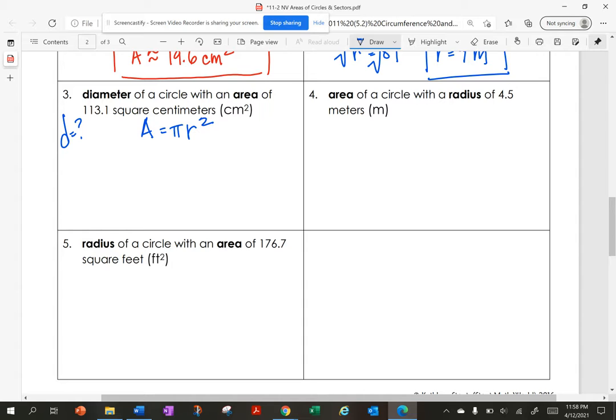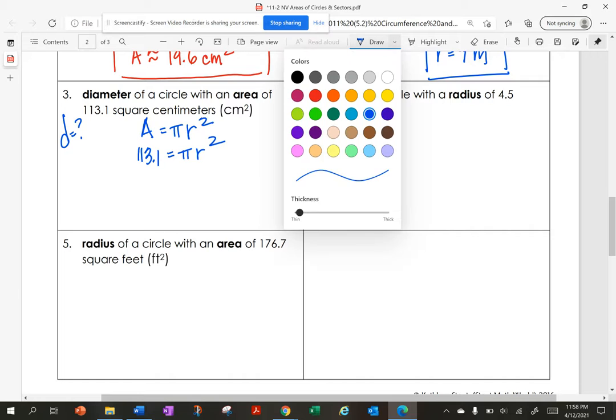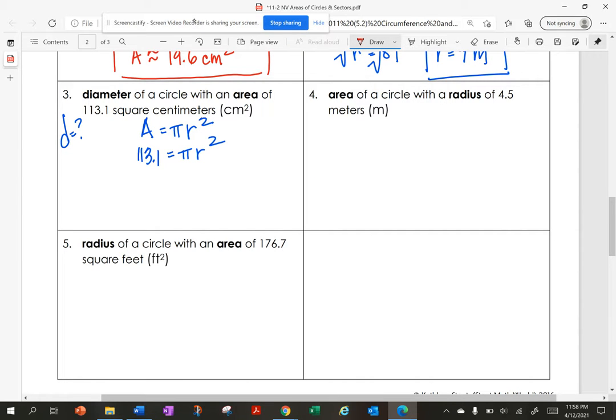And I'm going to solve for r and then use the fact that I know that the diameter is 2 times the radius. So I'm going to substitute in 113.1 equals pi r squared. So I'm going to solve for the variable. So I'm going to start by dividing by pi. Pi divided by pi is 1. So I get r squared equals